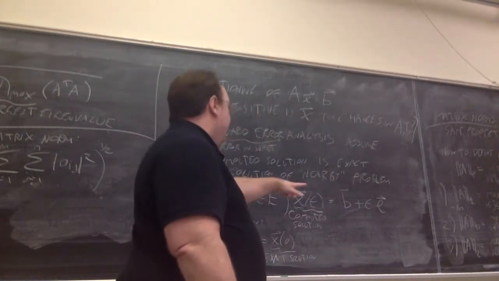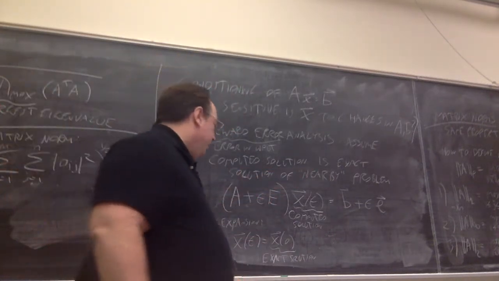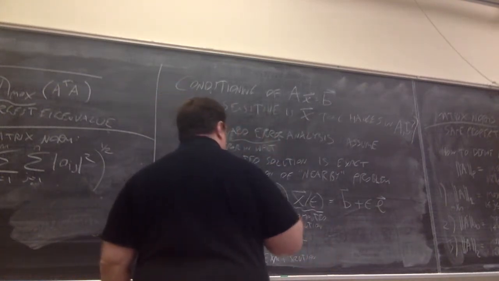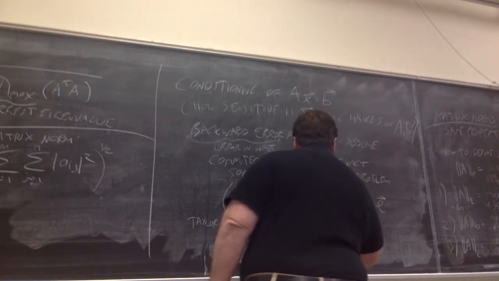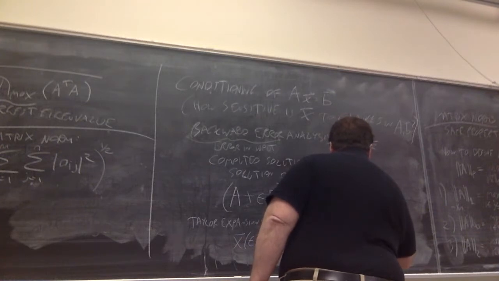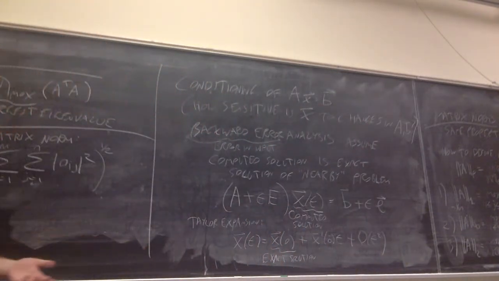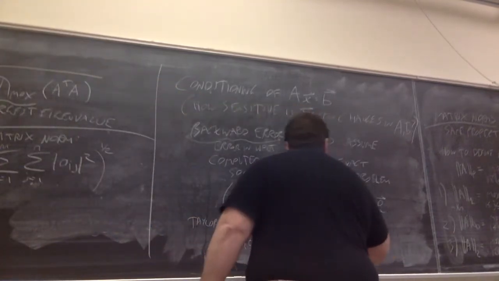Because if I set epsilon equal to 0 in here, I have AX equals B. So if I have the exact solution plus, by Taylor expansion, I have X prime of 0 times epsilon plus additional terms, which I won't get into, but they're order epsilon squared. Epsilon's already assumed to be small, so epsilon squared would just be incredibly small, so we're not going to bother with it. So this right here is